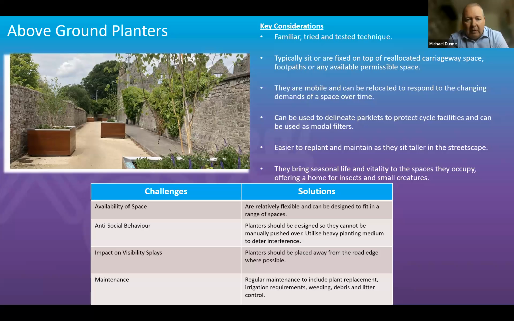Even in the image on the top left there, we still had challenges with vehicles coming along and using this route, so we had to move these planters around. They can be used to delineate parklets, to protect cycle facilities, and be used for modal filters. They're easier to replant as well due to their higher nature rather than planting on the ground. And they'll also bring hopefully seasonal life and vitality to these spaces, and also offer a home for insects and